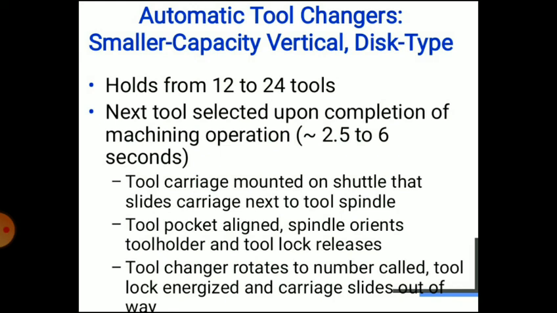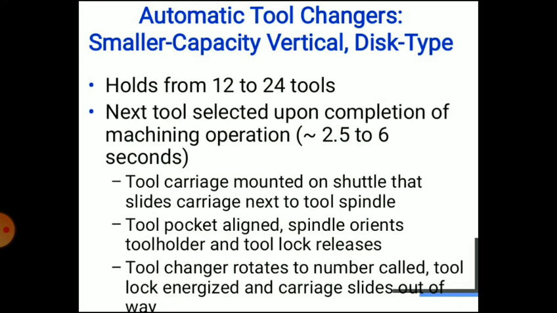Fourth step, the tools are removed by the gripper arm. Next step, the gripper arm swings through 180 degrees. Next, the new tool is inserted in the spindle and the old tool goes to the tool magazine. Next step, the gripping fingers are retracted, and the last step, the tool magazine starts rotating to make the next required tool available at the tool change position.